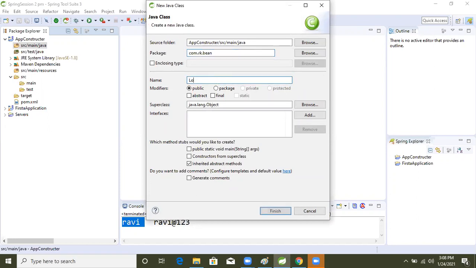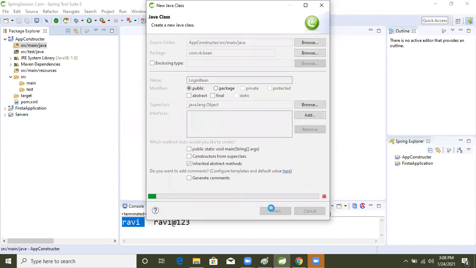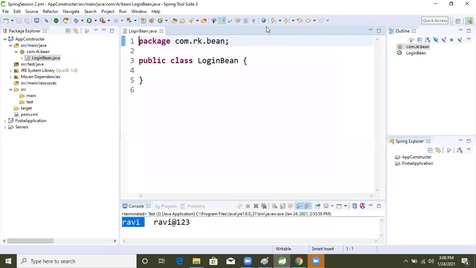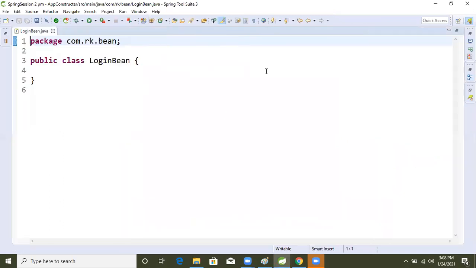com.rk.bean, LoggingBean. Now in the LoggingBean, what we will do now?